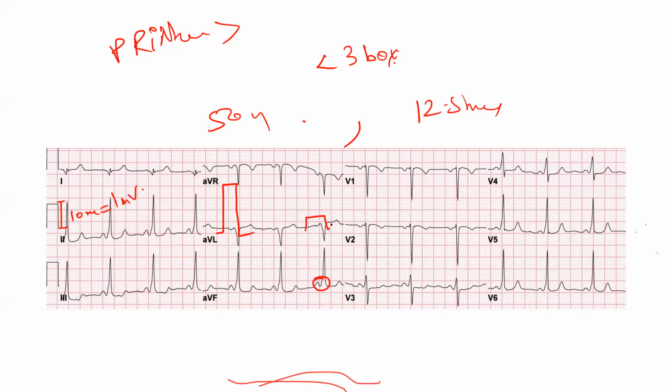So this is 1 millivolt deflection, 10 millimeter height. That corresponds to an ECG rhythm reading strip speed of 25 millimeters per second. So 1 millivolt is equal to how many boxes, sir? 10 millimeter height is 1 millivolt. So the y-axis is amplitude, x-axis is time. Amplitude is measured in millivolts, and time in the large boxes.